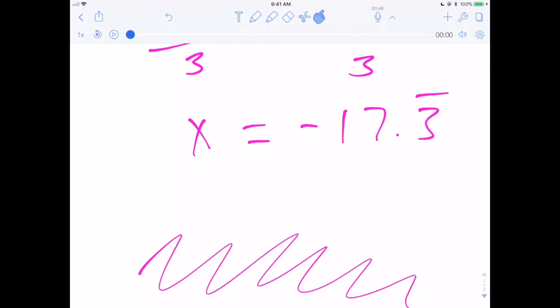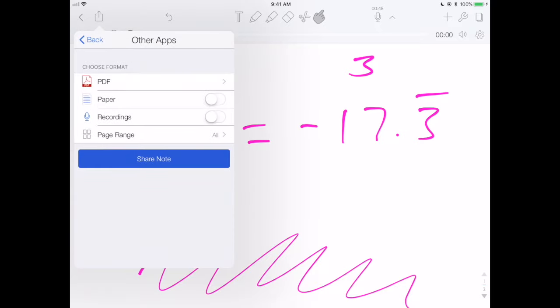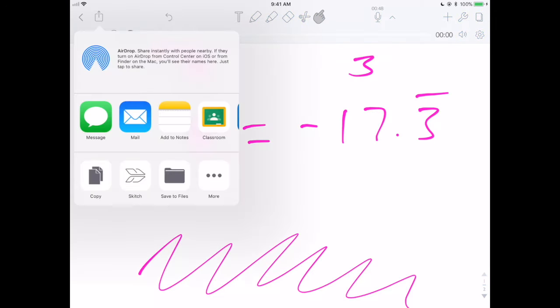It's too bad that the grading part is a little cumbersome because from here, if a student was doing this, they would have to export it as a note file. Other apps, they would need to make it a note file, and for you would have to make it a note file because note files have that audio recording in it. And then